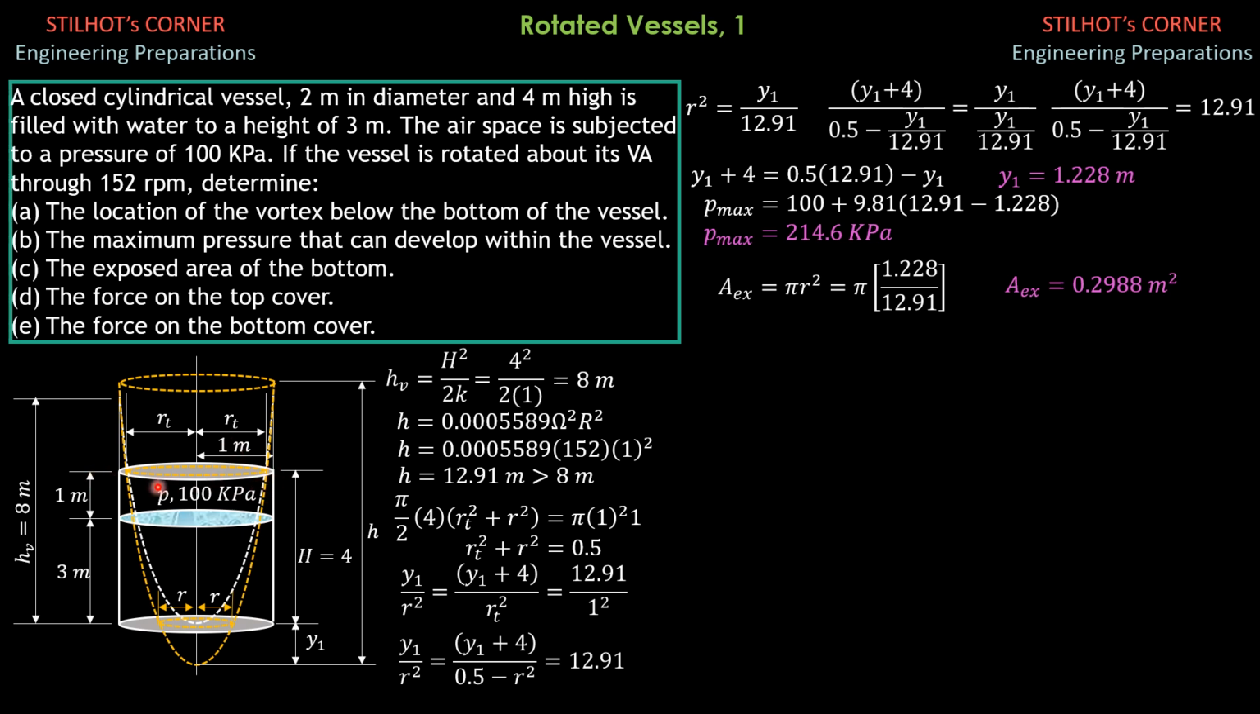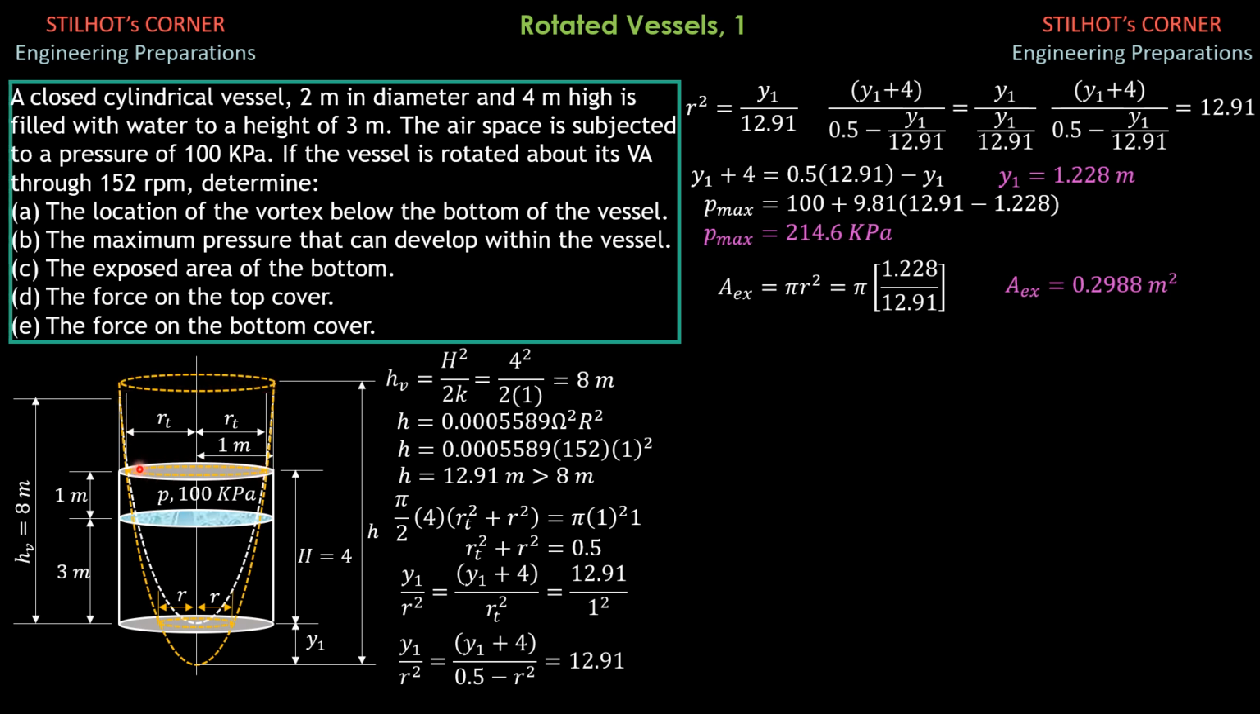1 square, plus the weight of imaginary water above the top cover. And that weight of imaginary water is equal to specific weight of water times the volume above the top cover. The volume above the top cover is equal to the volume of this right circular cylinder of this height, and the height is 12.91 minus y1 minus 4, then minus the volume of this imaginary air above the top, which